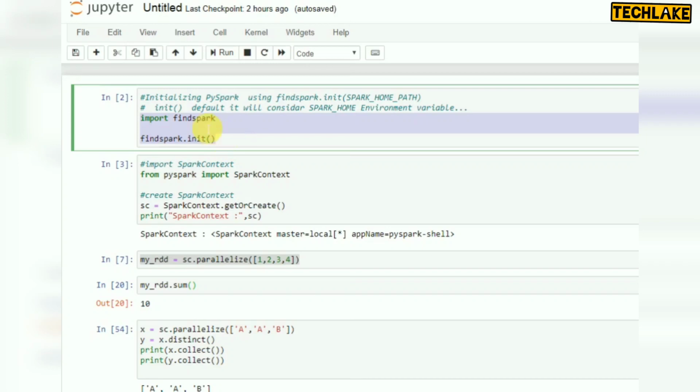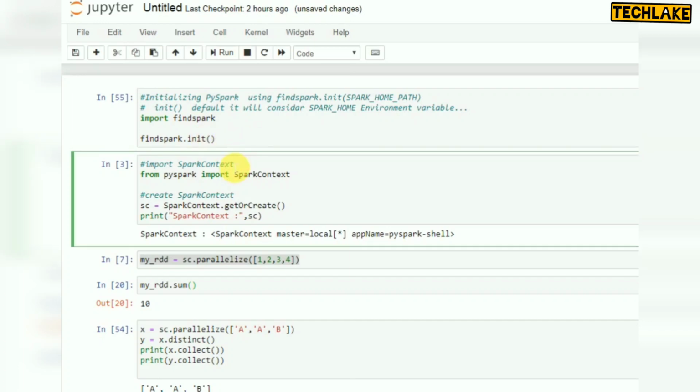So how to run these commands? There are two options. You can use the run option or you can press Control Enter. If you press Control Enter, see the command execution ID changed here. This is the execution number, and it changes with how many commands are executed. Now there are no errors, it is executed.